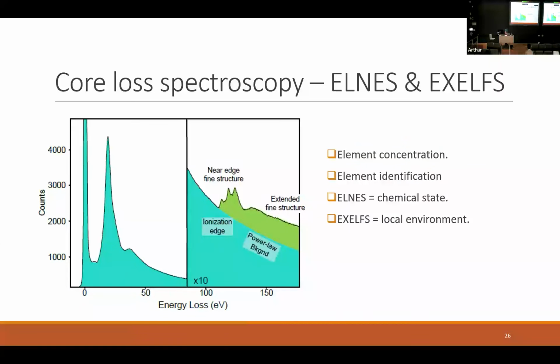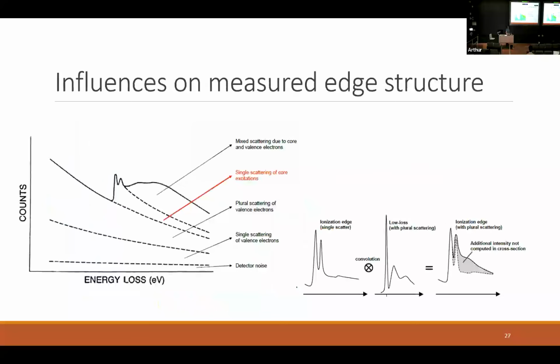So we've learned that we can do elemental composition. That's great, but we can also dive even further to get more information out of this. And that's from looking at the structure of these edges. I said that one can be a sawtooth, one can be a bit rounder. If we compare individual line shapes, we're able to get even more information out. We have this thing called near edge fine structure, which, as the name suggests, is near the edge. And then as we go further out, we get these other perhaps weaker oscillations, which are going to tell us more about the local environment or the coordination number of the atom.